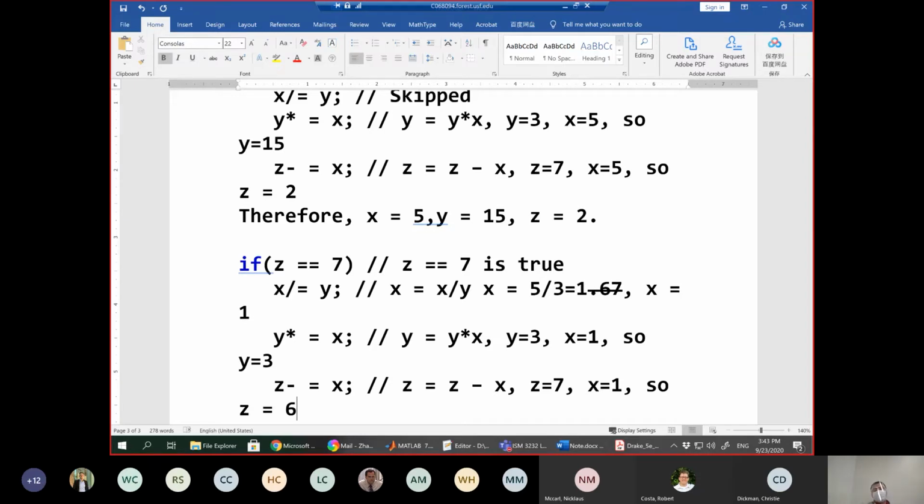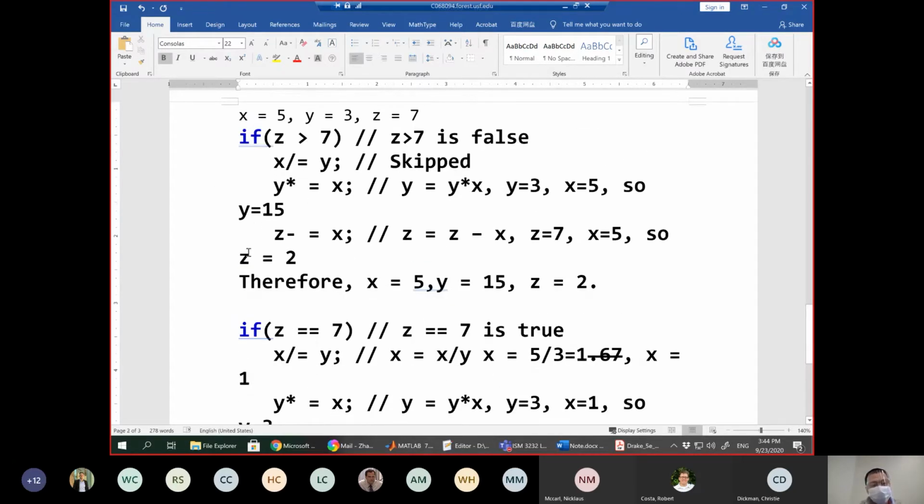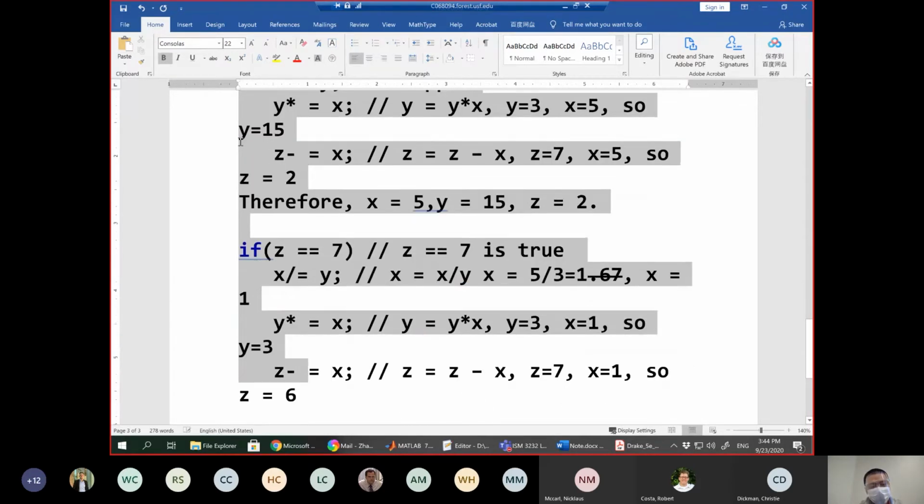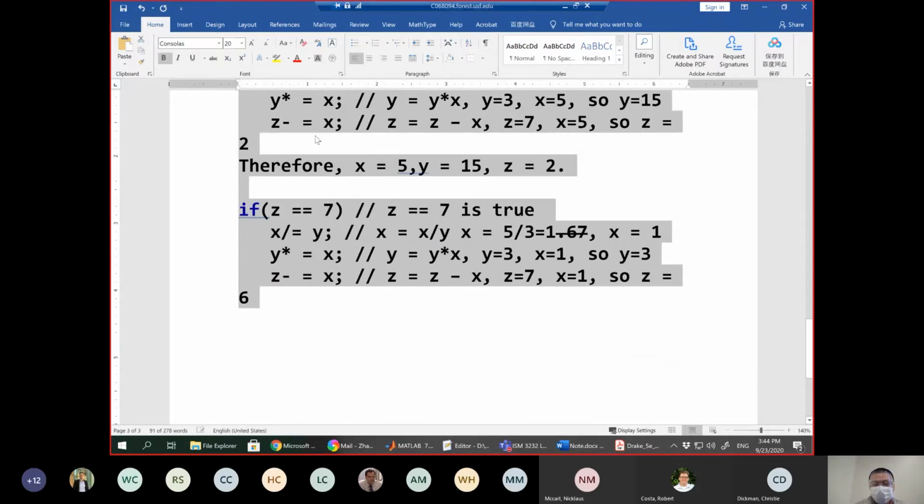Okay. So this time I use a similar example to illustrate. You need to be very clear about the logic flow of if. In this example, we don't have a pair of curly braces, right? So that's why you have to be very clear in this case. In this case, only the first